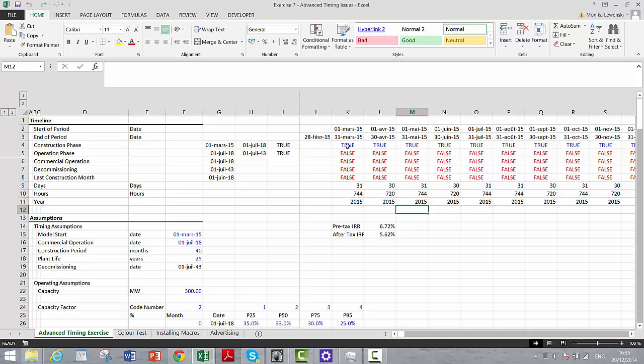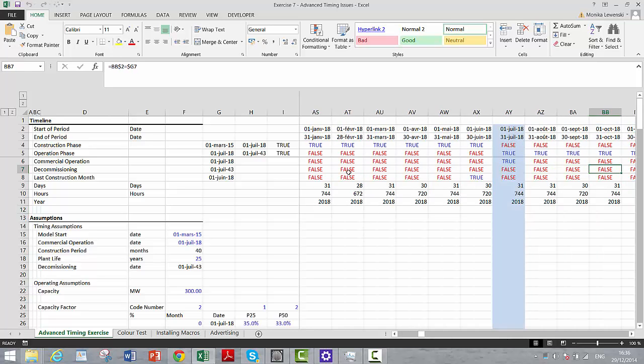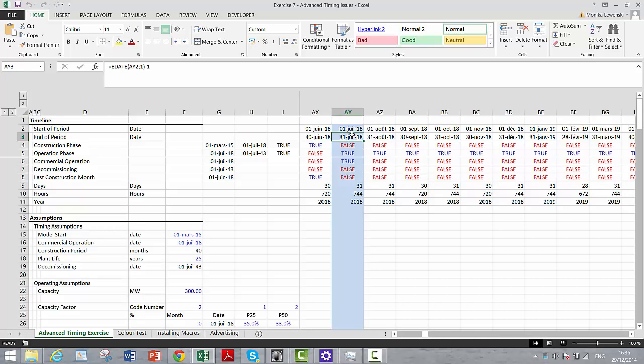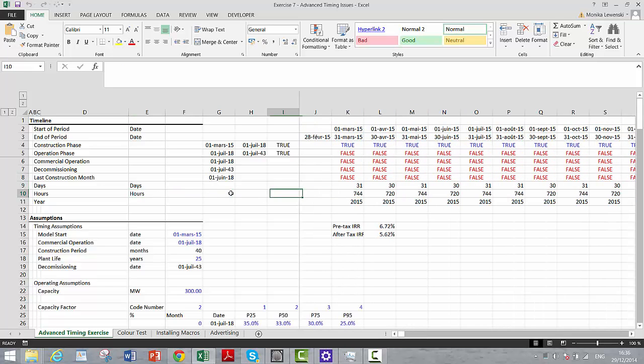And then here's the real problem and the really interesting part, and the reason I'm introducing the video as follows. If you want this to remain on a monthly basis and this to switch after the commercial operation date to a semi-annual basis, and you want it very flexible so you can switch at different times, and you like to leave your operations on a monthly basis but have a separate page for your financing on a monthly, subsequently followed by a semi-annual basis,